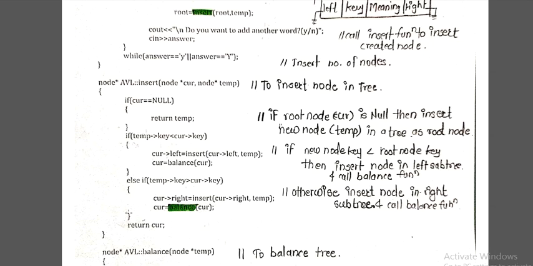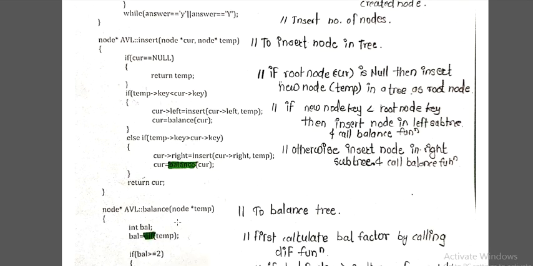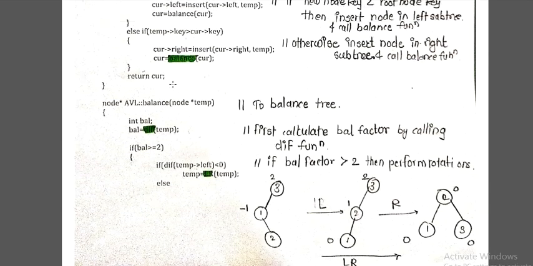So this insert will return the node which is inserted at that location. Now next comes the balance. So here we are calling the balance. So let's see what the balance is. Balance is nothing but the balance factor we calculate for an AVL tree, that is the height of left tree minus the height of right tree. So that balance factor we calculate every time.